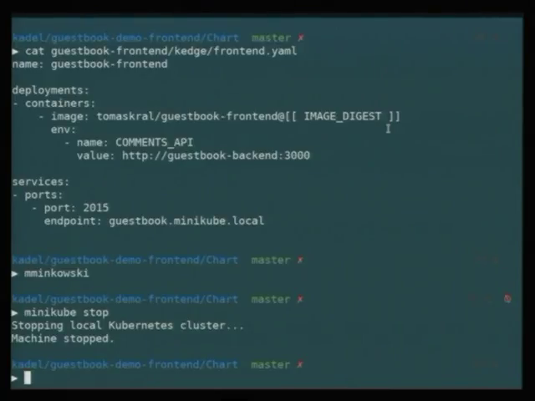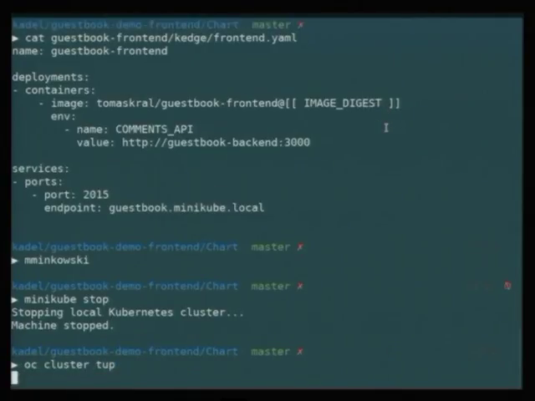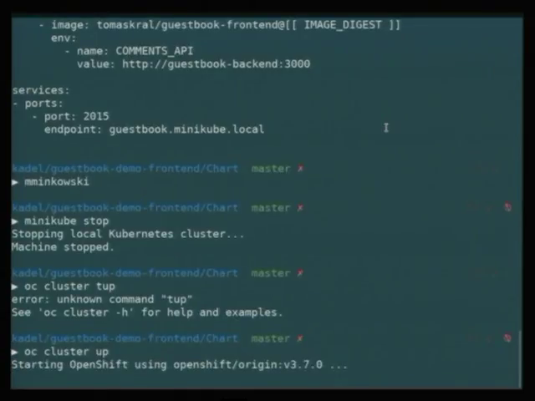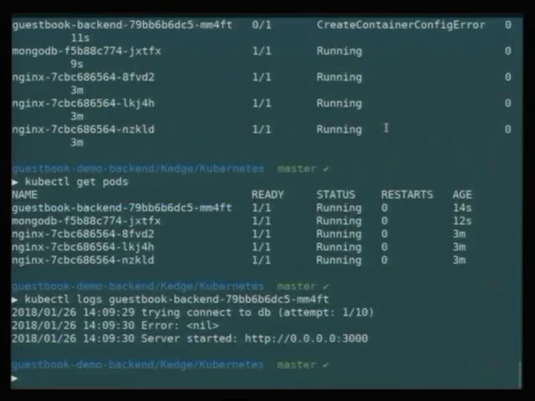Any questions, Sarah? For instance, so I can still try to do the OpenShift demo. So while OpenShift is starting,